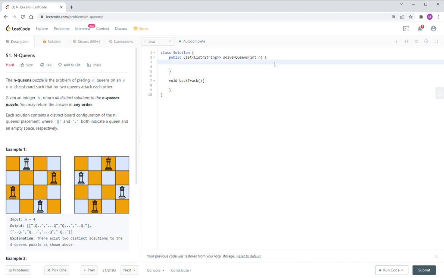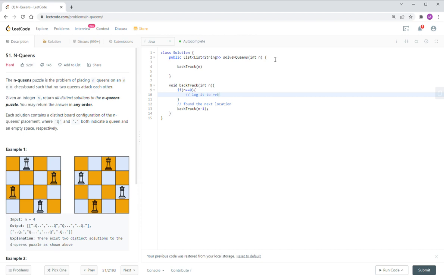Backtrack N. The first element is N, and then we find the next location, and we call backtrack with N minus 1. When it's finished, so if N is 0, we log it